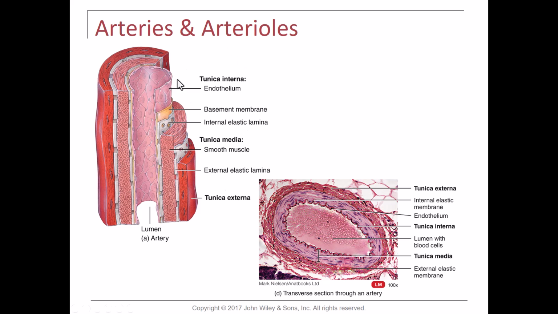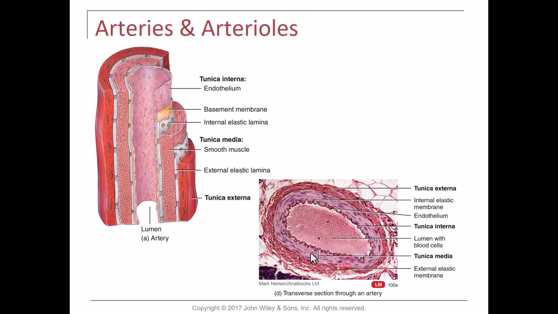The tunica media is this thick layer in the center. It's got an elastic lamina and smooth muscle. It's got elastic around that smooth muscle layer. And that's what you can see here, this thick tunica media in the cross section. But remember that muscle is to control blood flow and pressure. Whenever it constricts, we call that vasoconstriction, and it makes the lumen of the vessel smaller. When it relaxes, it's called vasodilation, and it makes the lumen of that vessel bigger,